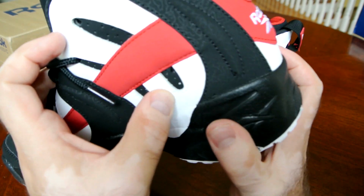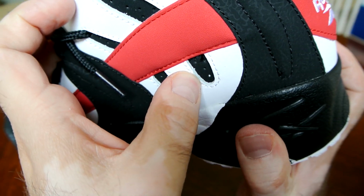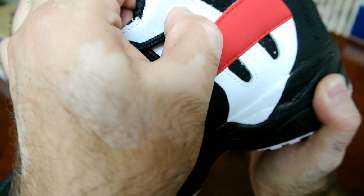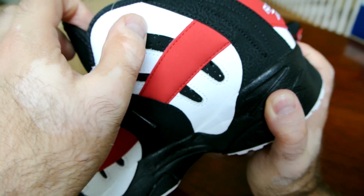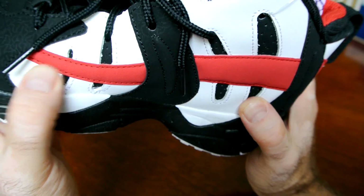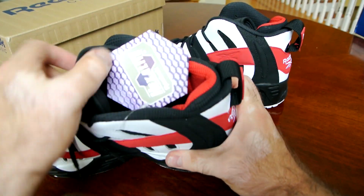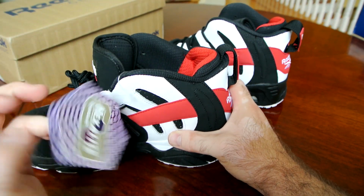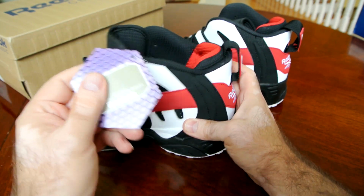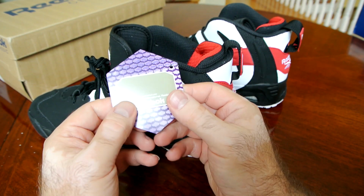And these cuts on the white upper here are actually leather. This is real, genuine leather all around, and you're getting quality for $60 really. It's a no-brainer. Tag, the original Hexalite tag, as you can see the print,